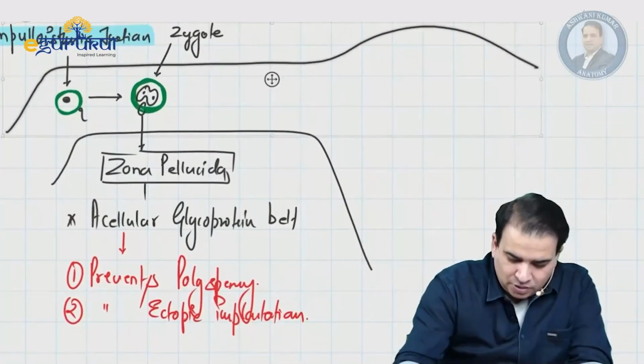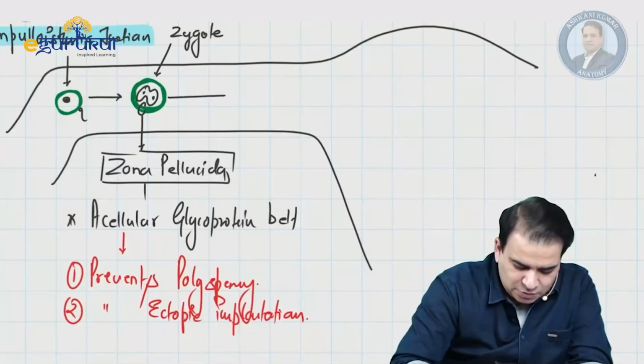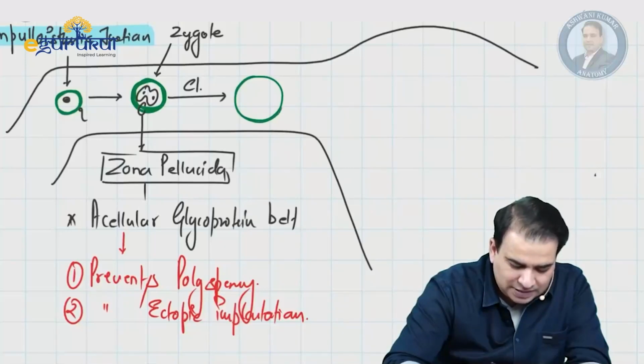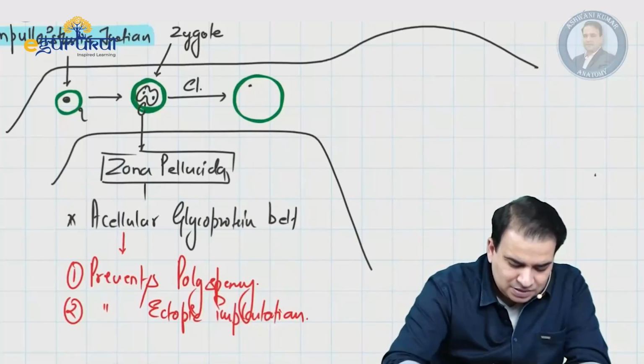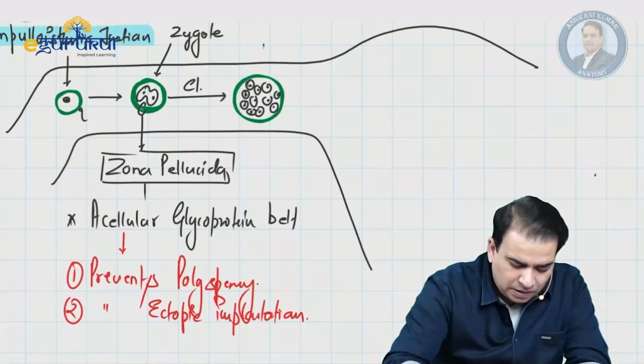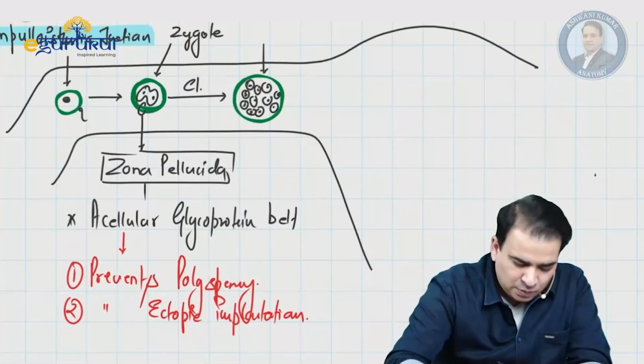The zygote will undergo the cleavage. Let me just write CL here, that is the cleavage begins. As a result of the cleavage, the 2-cell stage becomes a 3-cell stage, 4-cell stage, 5, 6, and so on. The multiplication goes on and on. And then comes a time when we have anything more than the 8-cell stage. It could be 8 to 16, a few say 16 to 32. Well, when it looks like a mulberry, we start calling it what?